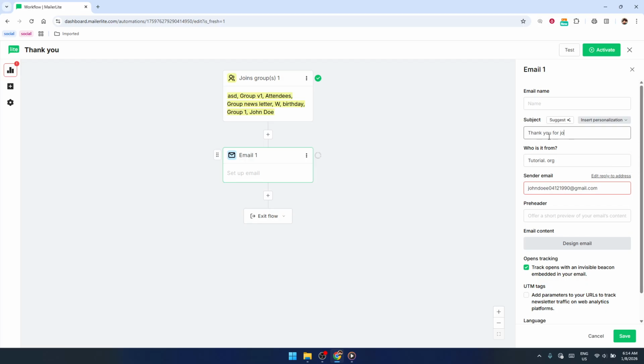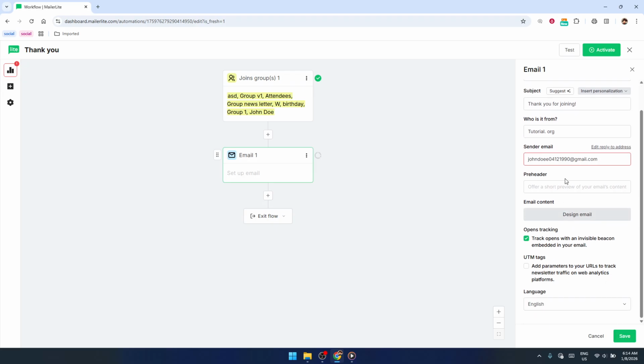Now choose how you want to build the email itself. You can pick one of Mailerlite's templates, or select the drag-and-drop editor if you prefer to design your own layout. Use this space to write a warm welcome, explain what subscribers can expect from you, and maybe share a helpful link or resource. When you're happy with how everything looks, click Done Editing in the top right corner to save